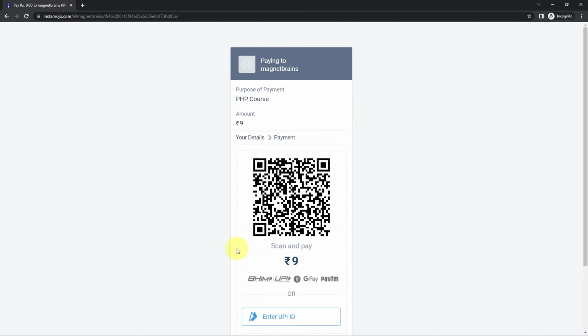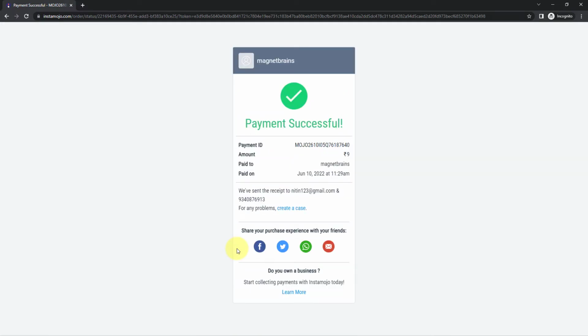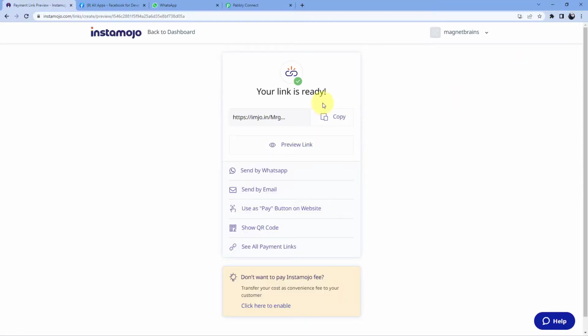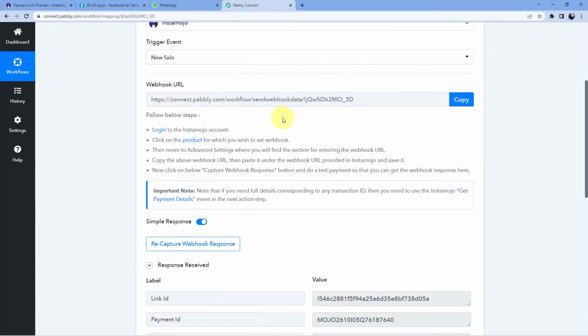So I'll just make a live payment from my device, and the payment is done. We have successfully received a payment from Nitin Singh, and this is the email address of the customer, and this is the phone number. Now, as I said, we have connected this payment link with Pabbly Connect using a webhook URL. So, as we receive the payment, instantly at the very same time, Pabbly Connect will also receive the details